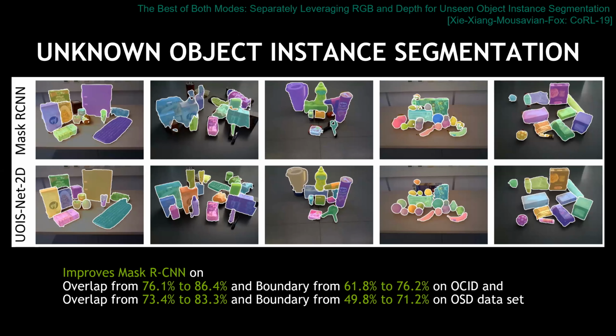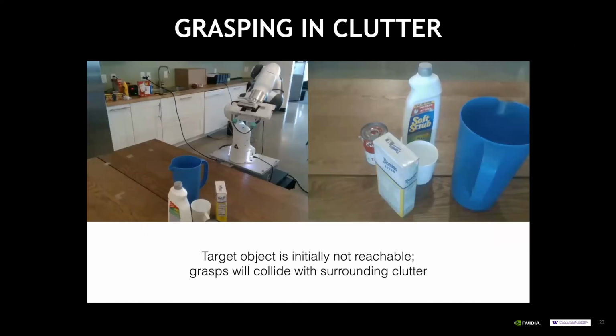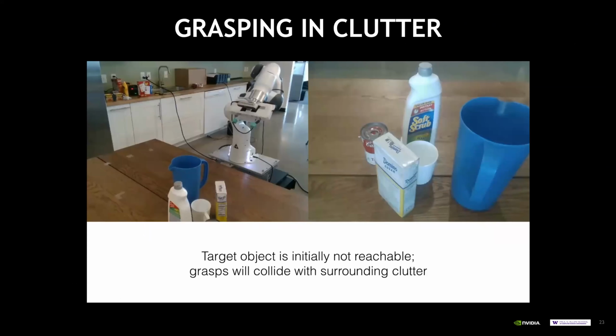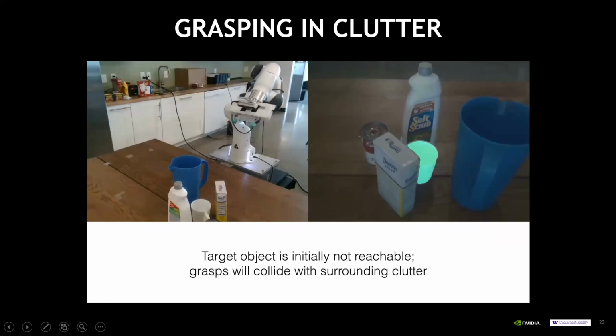The first part, that instance segmentation, is trained in a similar way. So we have unknown objects. We can segment them out. We identify which objects are different, and now we run this model here. So what's going to happen here is that the robot's going to try to grab the mug in the center of the scene. So originally this object here is not reachable because we can estimate all of the different possible things,